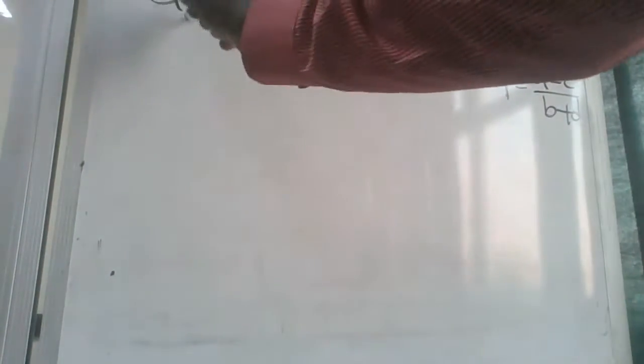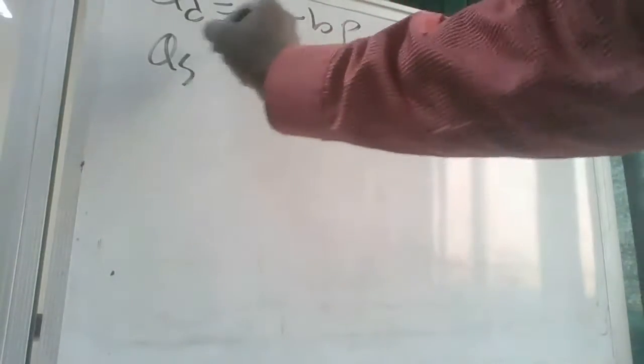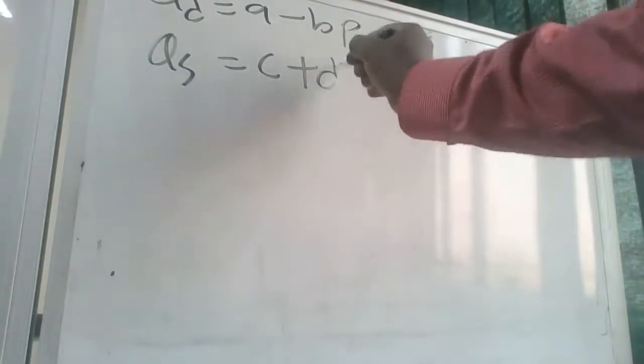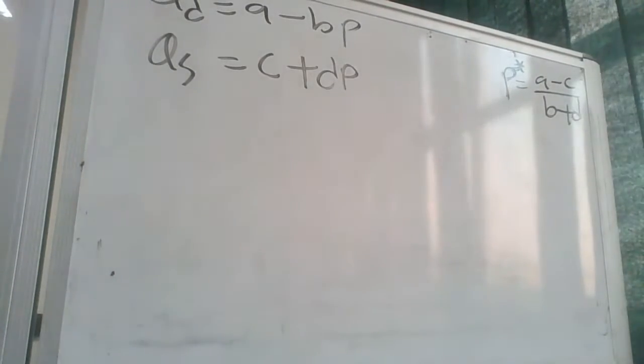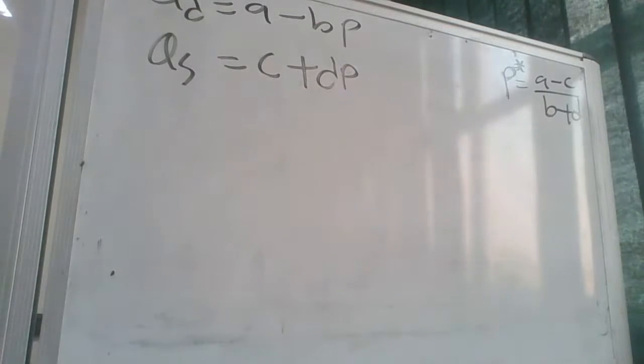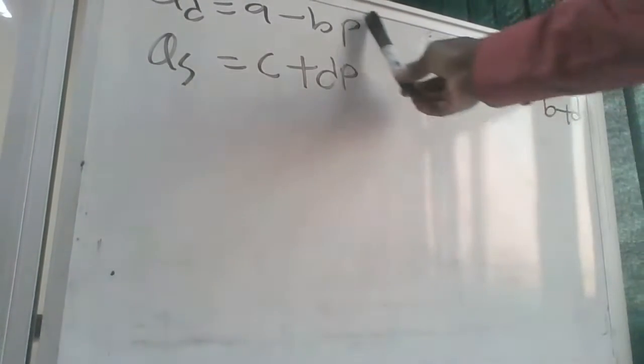And our equations, remember, quantity demanded is equal to A minus BP, and quantity supplied is equal to C plus DP. We have found our equilibrium price to be A minus C over B plus D. What we need next is to find our equilibrium quantity. So to find the equilibrium quantity, we substitute the value